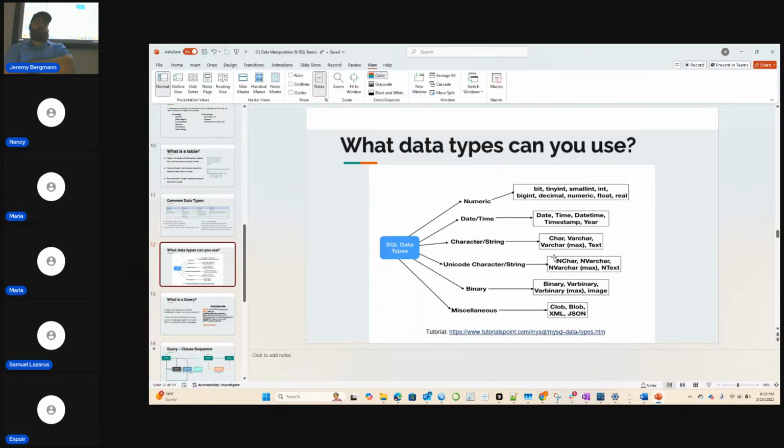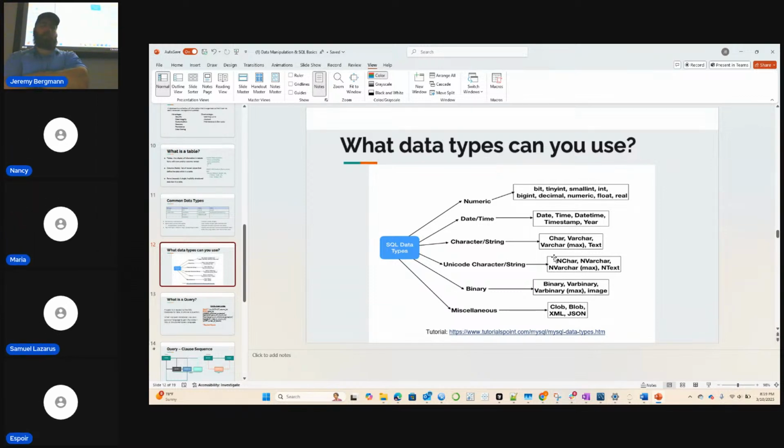Maybe one is stored as UTF-8, and another is some other Unicode format. So text files tend to have different storage formats, which is what this is for. I don't use nchar and nvarchar very much unless there's some application that needs Unicode, that type of data representation, instead.